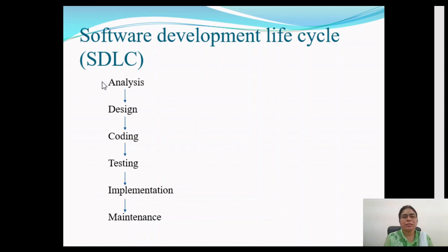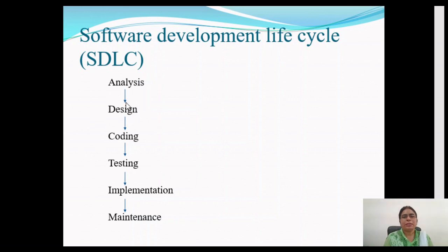If this analysis is done in a proper manner, then we definitely get good software. Because if we gather all the requirements of the user, then we can make software according to those requirements. If we are not able to gather the complete requirements of the user, then the software will lack those functionalities. After completing this analysis step, the document that we get is the software requirement specification. It contains all the requirements of the customer that we need to code and make the program for.